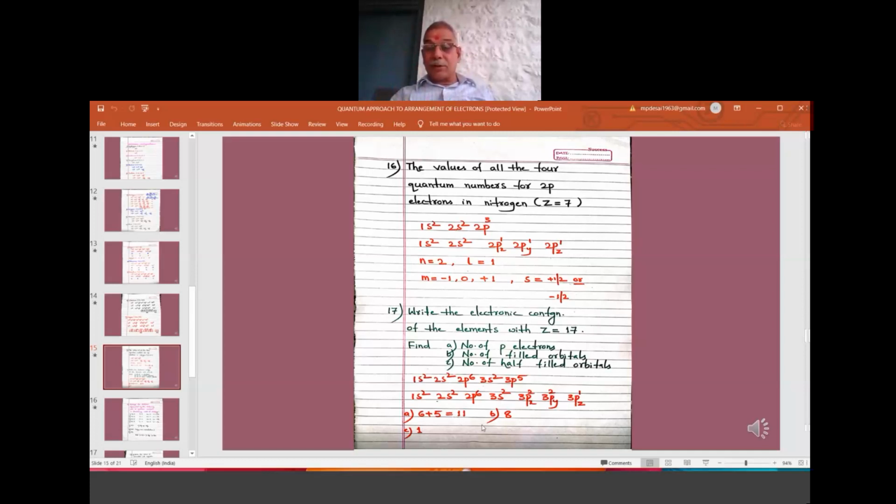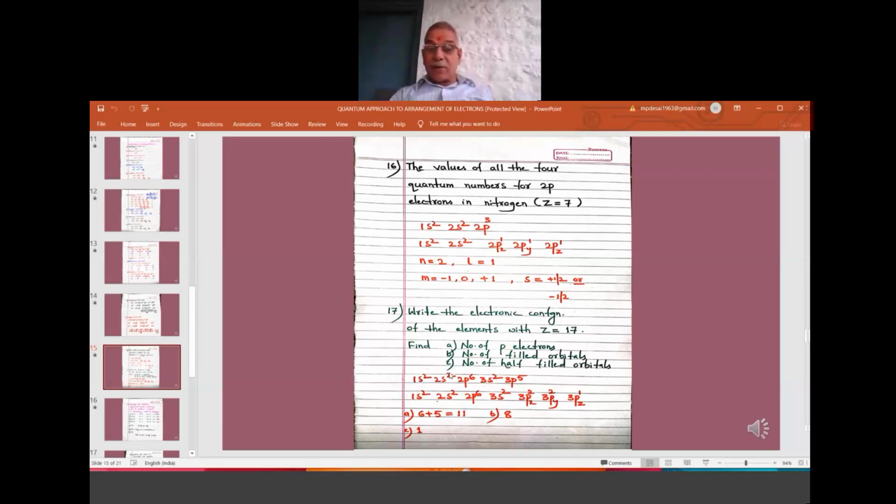Now, the second question is to find the number of filled orbitals, that are completely filled. 1s is completely filled. 2s is completely filled. 2p6 is completely filled. 3s2 is completely filled. So 1, 2, and here there are 3 suborbitals which are completely filled, so it is taken as 3. 2 plus 3, 5. And this is filled 6, this is filled 7, this is filled 8. So totally there are 8 atomic orbitals which are filled.